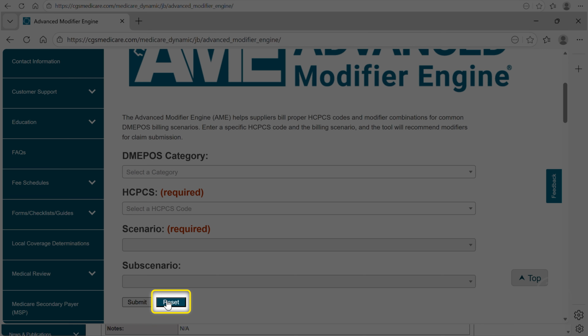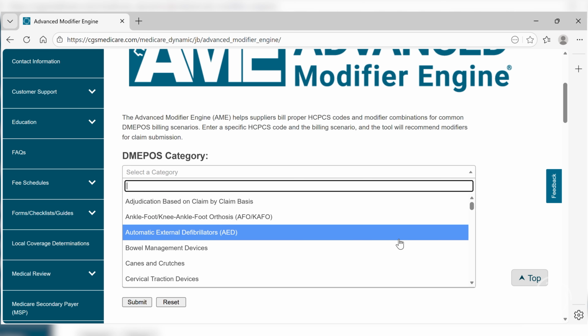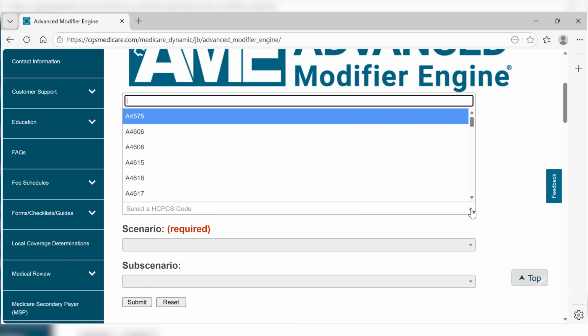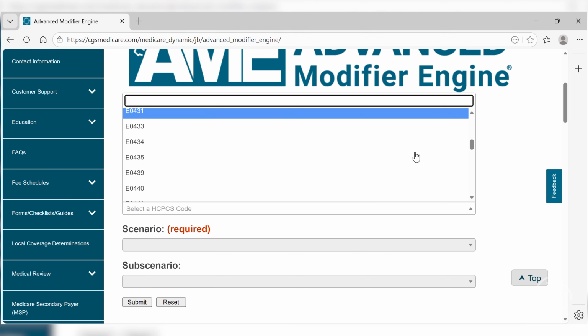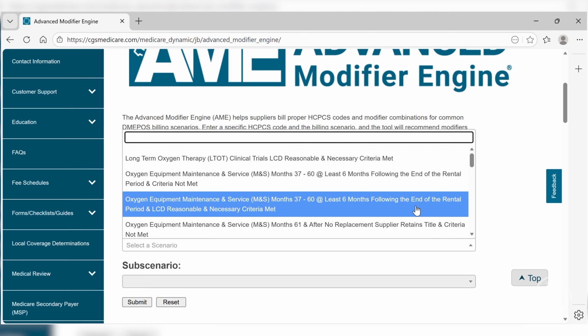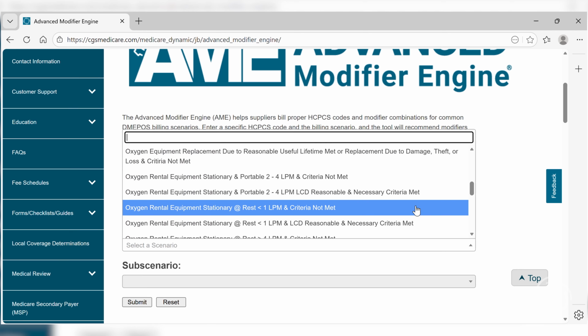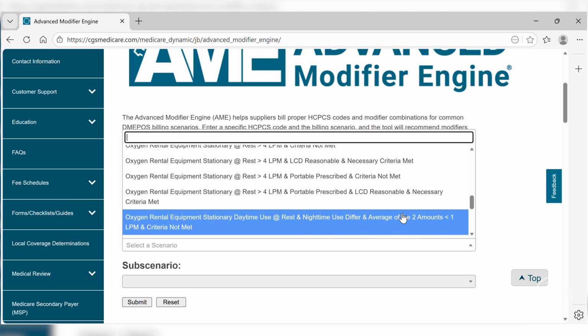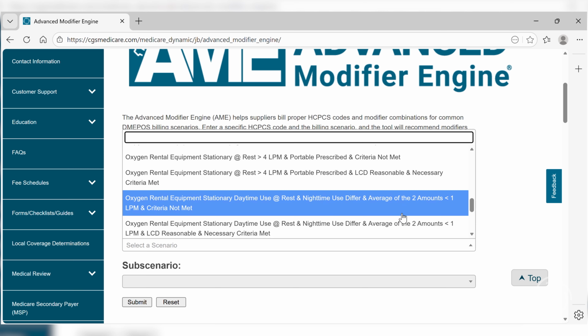Click Reset. Then select Oxygen and Oxygen Equipment. Choose HCPCS code E1390. Pick a scenario. Oxygen has many, so let's choose a complex one. Oxygen rental equipment, stationary daytime use, at rest and nighttime use differ and average above 4 LPM and LCD criteria